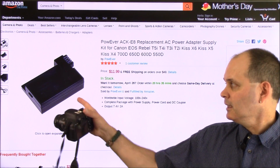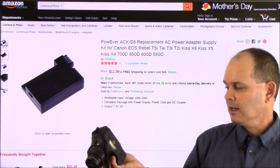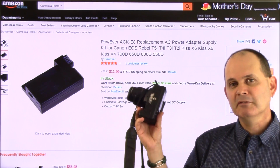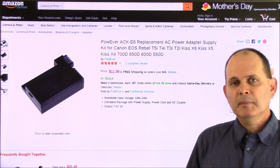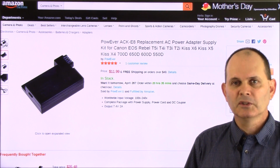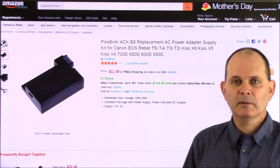And as you can see, it comes with a power adapter that mimics the battery. So the power adapter goes into the battery bay on the T3i or T5i, depending on what T series you have. All the compatible cameras are right there. And basically, I'll show you how to put it in, how to route the cord through the camera, and then close the door, because you cannot shoot with this camera without closing the door on the